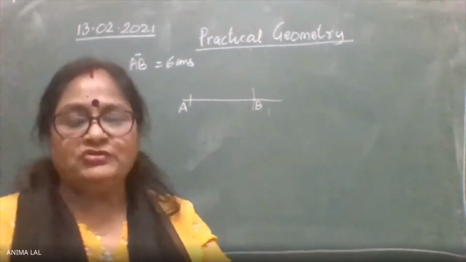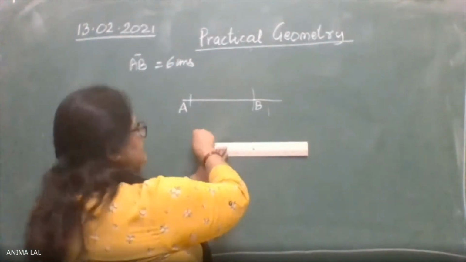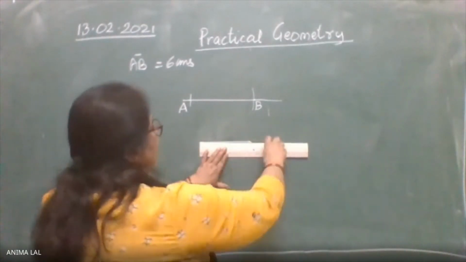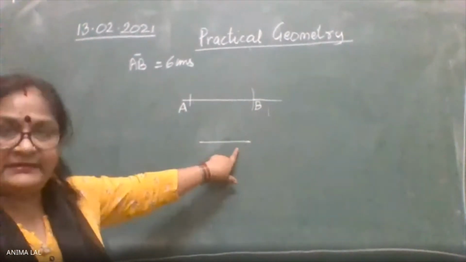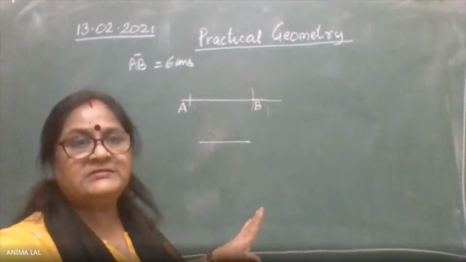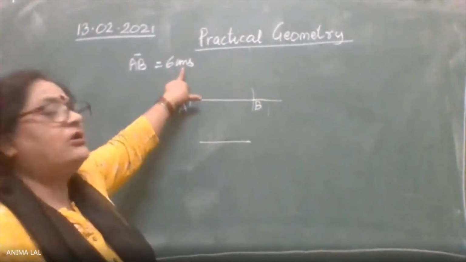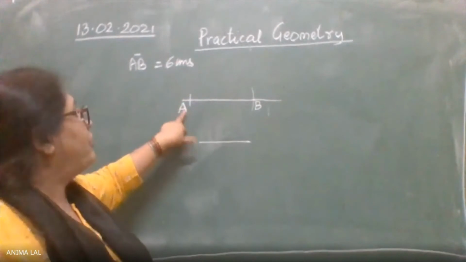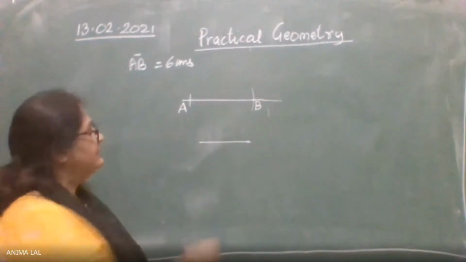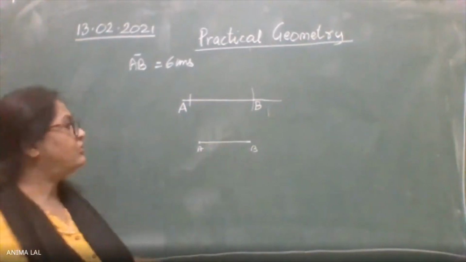Do not measure the line with the ruler only. Don't go like this: you start from 0, you put the point at 6 here and then draw the line. That is not exact. This is just a line. It is not a line segment. When we are drawing figures or angles or even triangles, we need a line segment of 6 centimeters having endpoints A and B. So a line segment must be shown on a line. If you mark it here, this is A and B, this is a line. It doesn't look like a line segment.